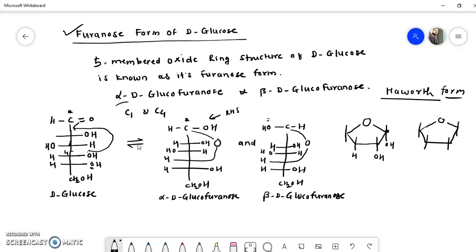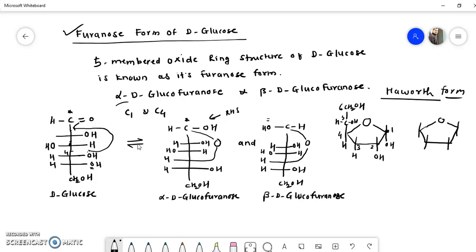Okay, and then there will be H. Okay, and here there will be HCOH and CH2OH. Okay, so consider this as carbon number 1. This is 2, 3, 4, 5 and 6. Now these are the groups below the plane. Similarly, you can draw the groups which are on left hand side above the ring, I can see.